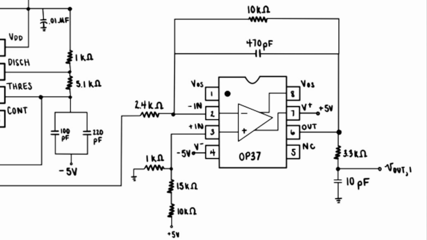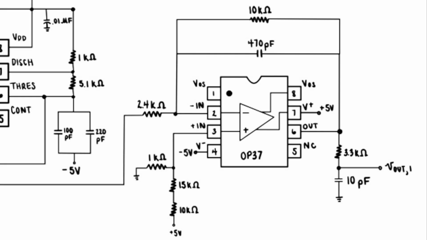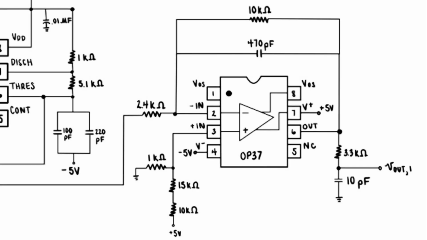So for the last note about component selection in this circuit, let's talk about the RC filter at the output. We can see the 3.3 kilo ohm resistor was placed at the output, forming part of the voltage divider that biases the non-inverting input of the OP37. This resistor also works in combination with the 10 picofarad capacitor at the integrator output to form a first-order RC low-pass filter. And this filter is there to help suppress high-frequency noise and improve waveform stability without significantly impacting